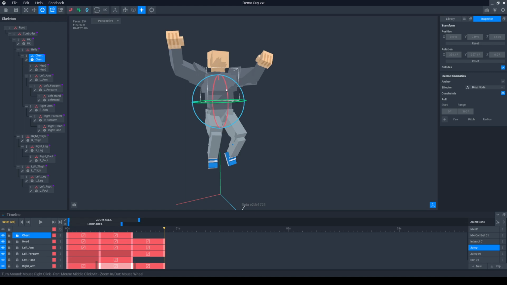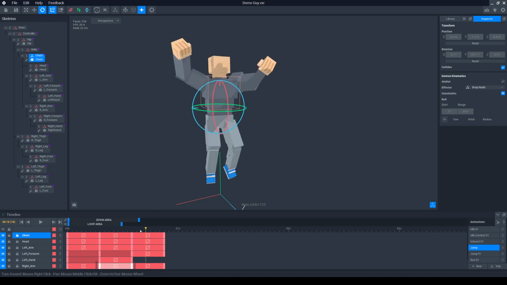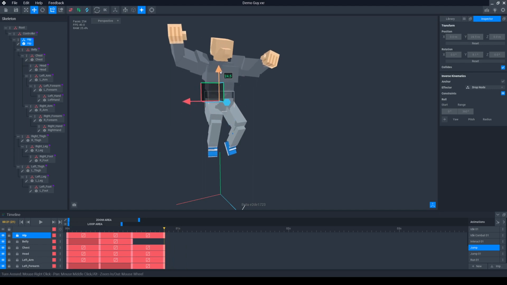So now he's getting to the top of the jump where he is sort of floating. He's coming to a stop. So up I go, wee, and he'll probably go higher. And no, I don't say wee as I jump. I don't jump. All right, so here's something to notice, that there is no key here on this object, which